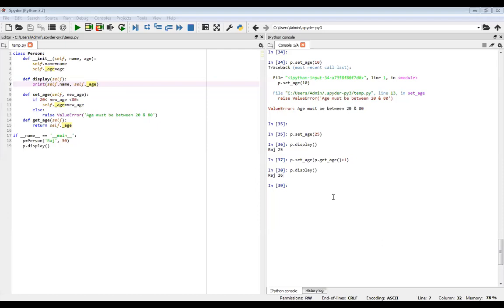But suppose I want to create one new instance here. You have seen this code is running fine for the previous one, but I am creating a new instance, even dot person.